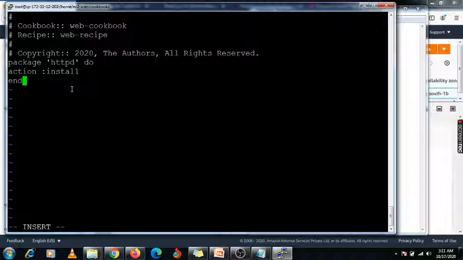Again, if you want to add something inside this recipe you can add it. Just enter it, and here I'm going to create one file.